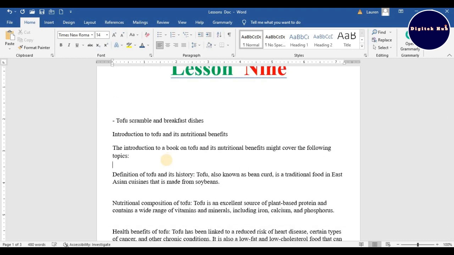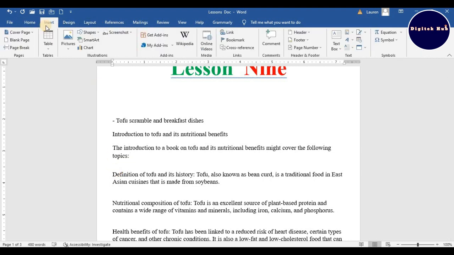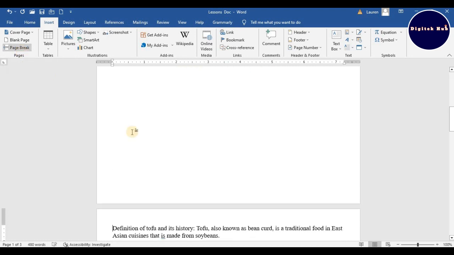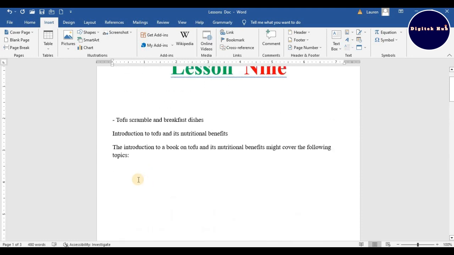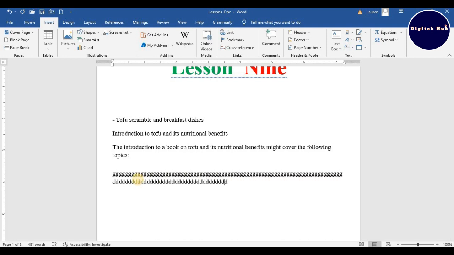So let's say this is definition. Place your insertion point at the beginning or where you need a break, or you place it at the last one like this. Then you do what? You say Insert, then you say Page Break. So let's click on Page Break. You can see it has moved it to page 2. Now if I'm writing anything like this,